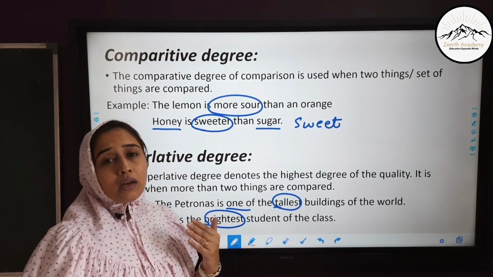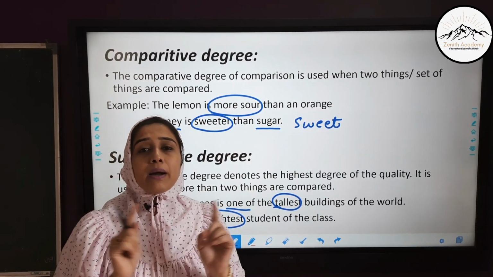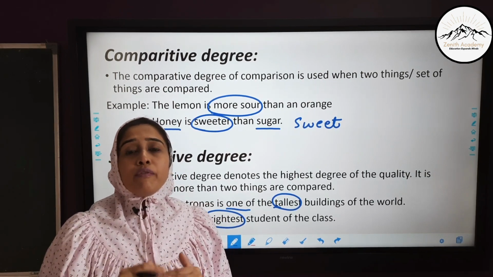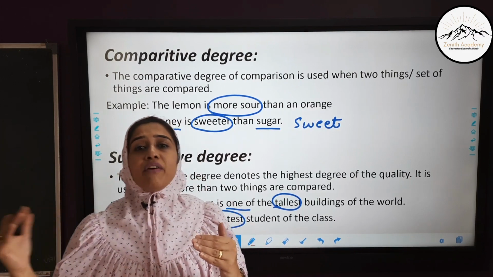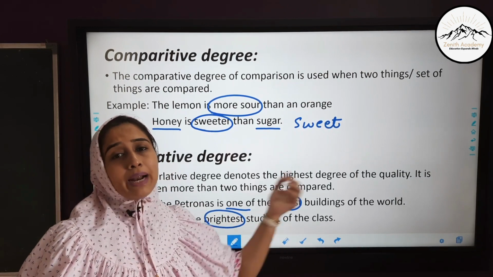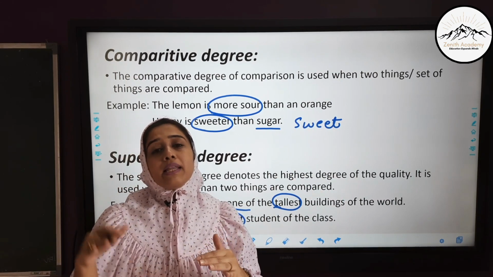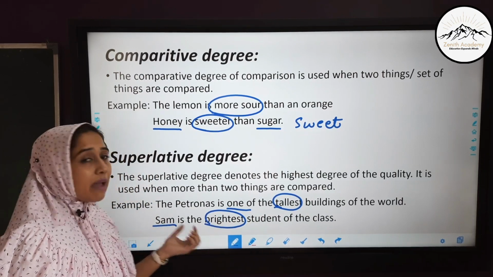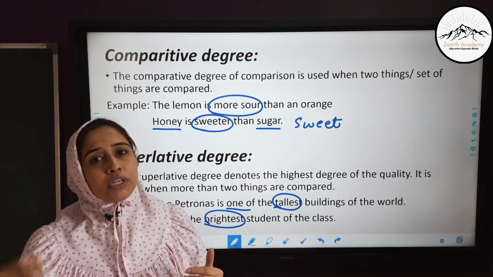When we saw earlier, Sam is as clever as Roy. It was positive degree. We are comparing two people of the same caliber, as clever as. Now if we want to say that Sam is more clever, we will use the word more. It will never become cleverer. It is more clever, most clever. For bright, it will be bright, brighter, brightest. Sam is brighter than Roy. So here we are describing that the caliber of Sam is more than Roy. And here in this sentence, Sam is the brightest. Means there is nobody above Sam. He is at the superlative position.